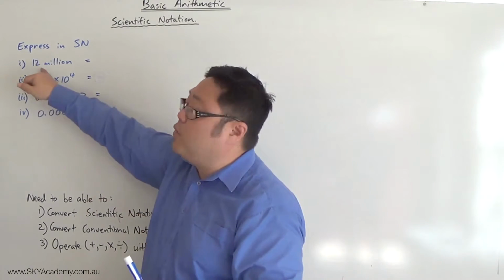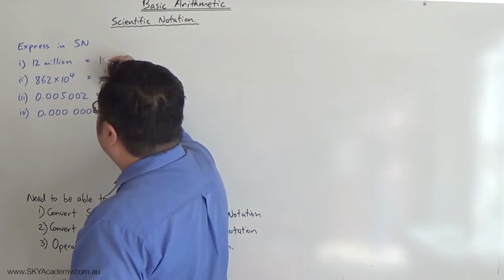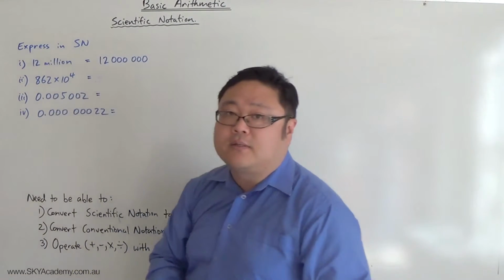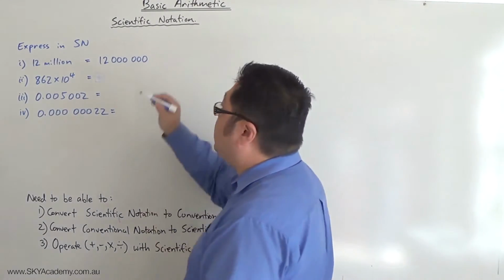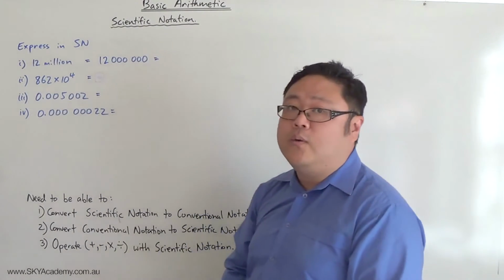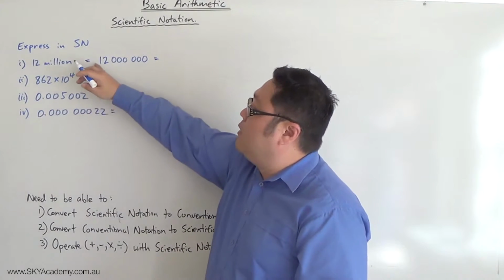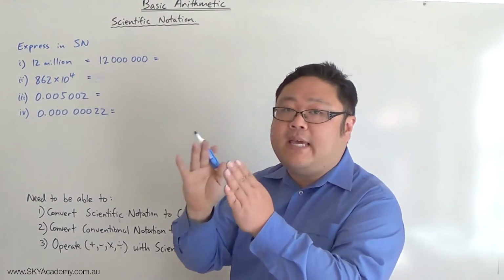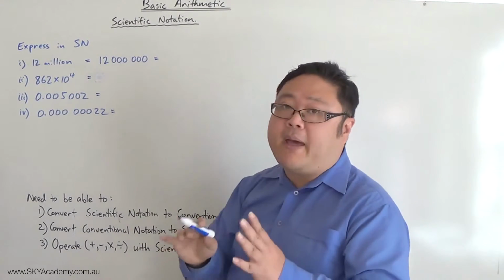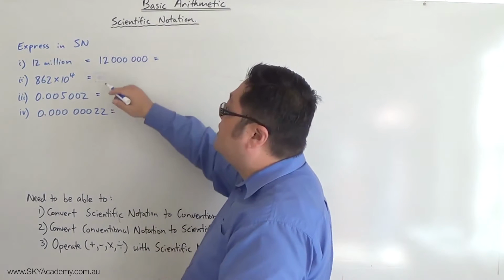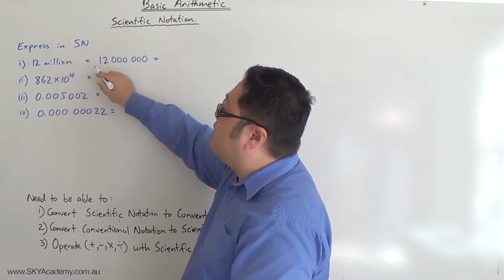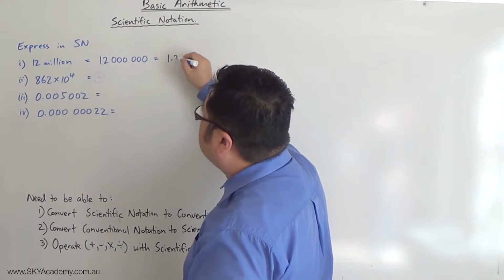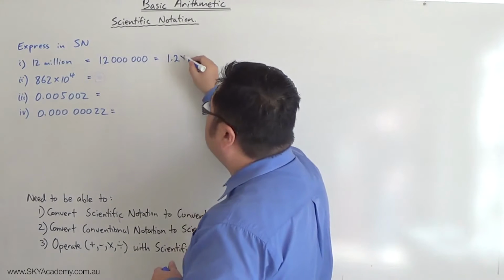So for example, 12 million will be 12 with 1, 2, 3, 4, 5, 6 zeros. To express that in scientific notation, first of all, what we've got to do is see what number between 1 and 10 we need to multiply by a power of 10. So 1.2, so the decimal point would go between the 1 and the 2, so it's 1.2 times 10 to